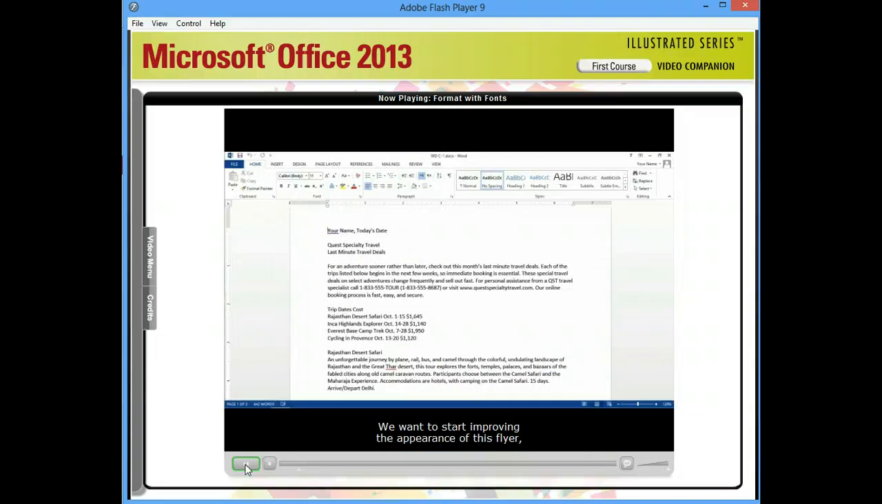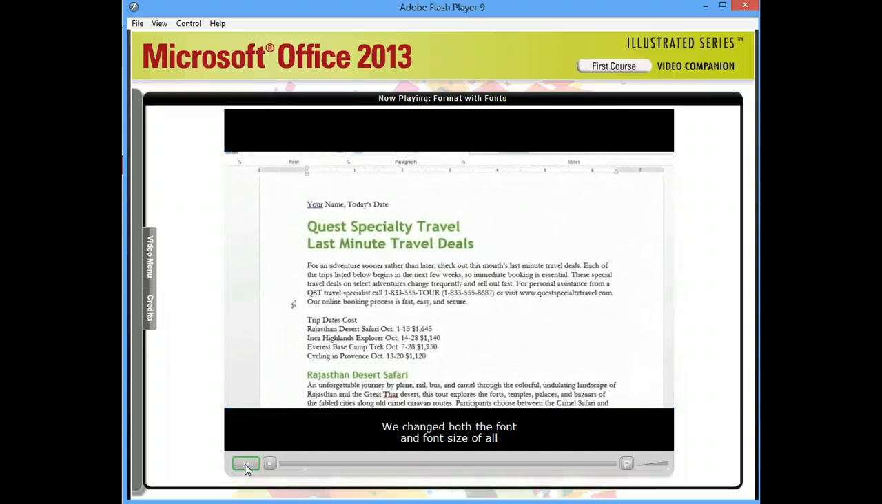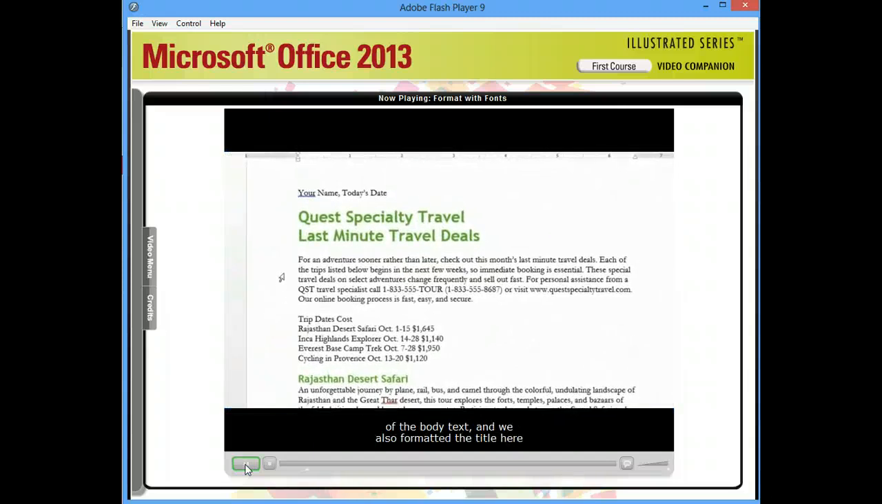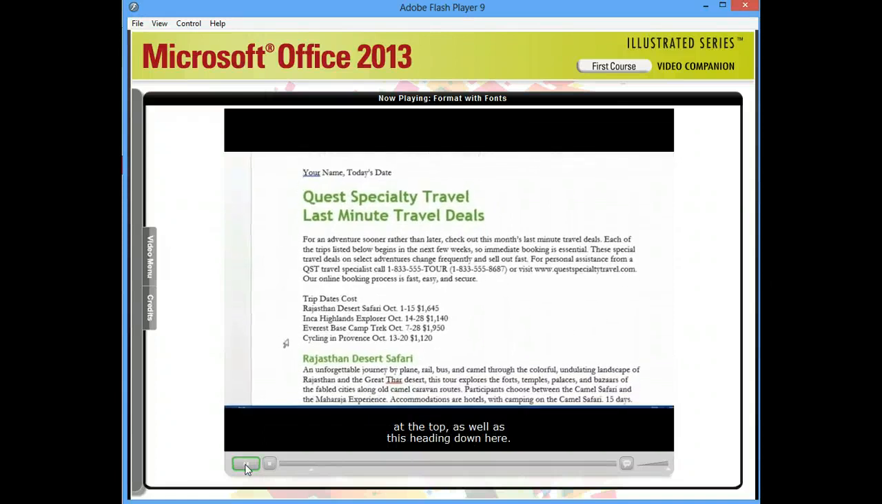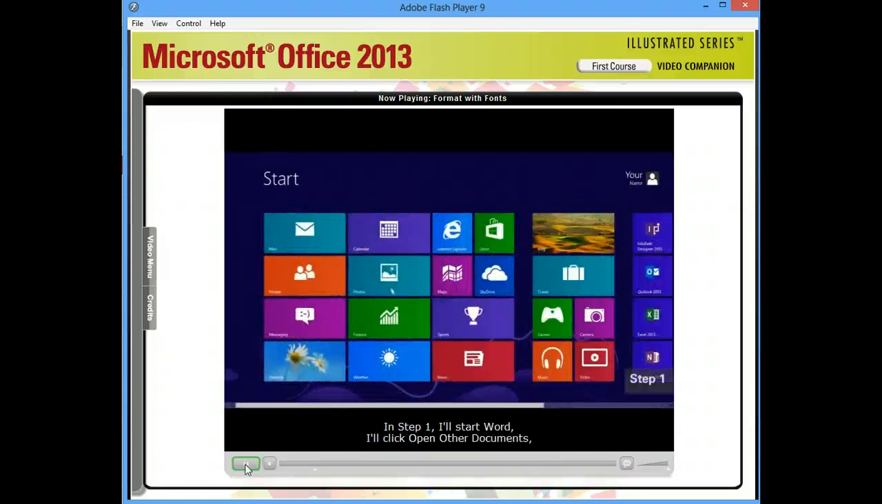We want to start improving the appearance of this flyer, and when we're finished, it'll look like this. We changed both the font and font size of all the body text, and we also formatted the title here at the top, as well as this heading down here. Let's get started. In step 1,